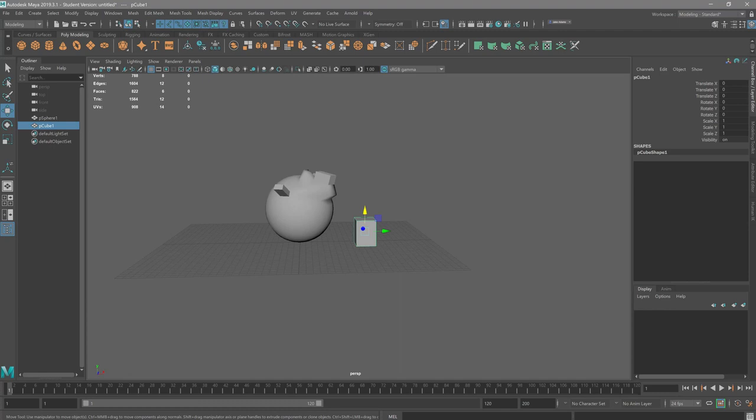And one thing that I do to keep track of mine, and I'm sure you've noticed thus far, is I have this little heads-up display right here. What that does is it counts the faces, the tris, the edges and the verts. And the beautiful thing about this is,